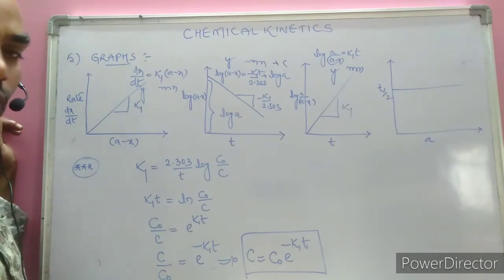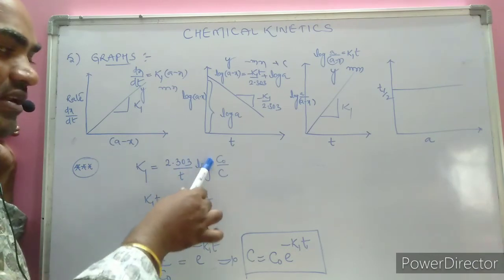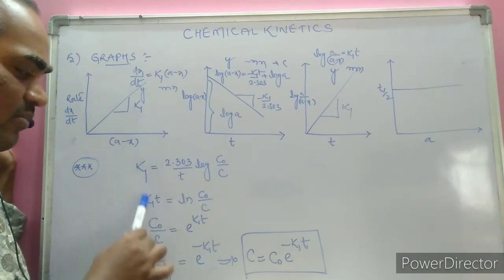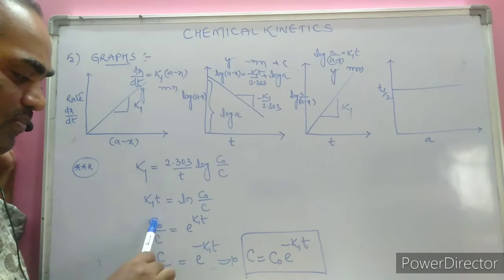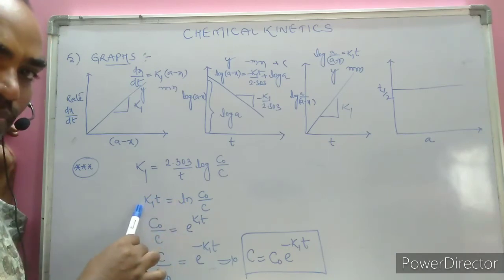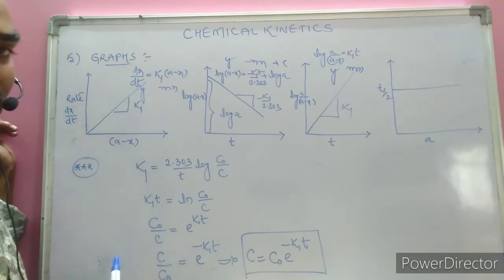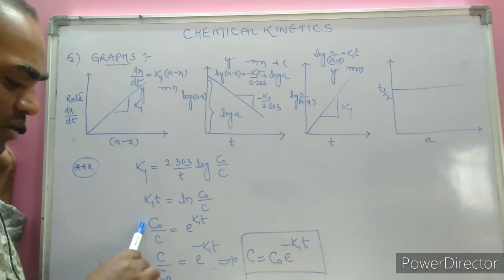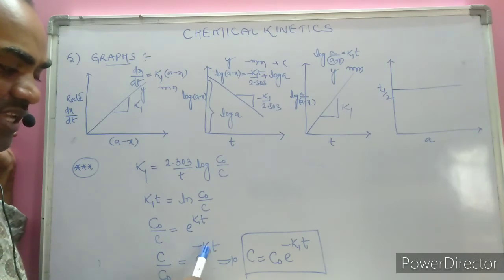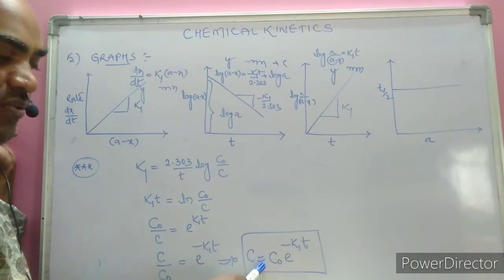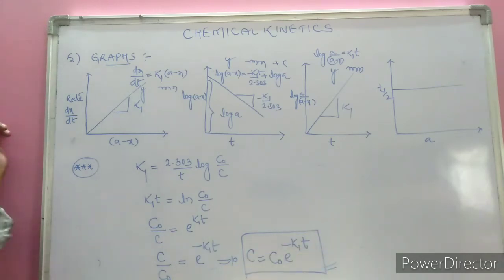Another way to express first order kinetics is k1 is equal to 2.303 by t log c0 by c. Cross multiplied, k1 into t, and 2.303 log becomes ln. Now I want to solve for c0 by c. When the log is sent to the opposite side, it becomes anti-log. Anti-log is an exponential, that is e to the power of k1 into t. When the denominator and numerator are interchanged, the sign of the exponent is changed, that is c by c0 is e to the power of minus k1 into t. On cross multiplication, c is equal to c0 into e to the power of minus k1 into t, a very important form of first order kinetics.